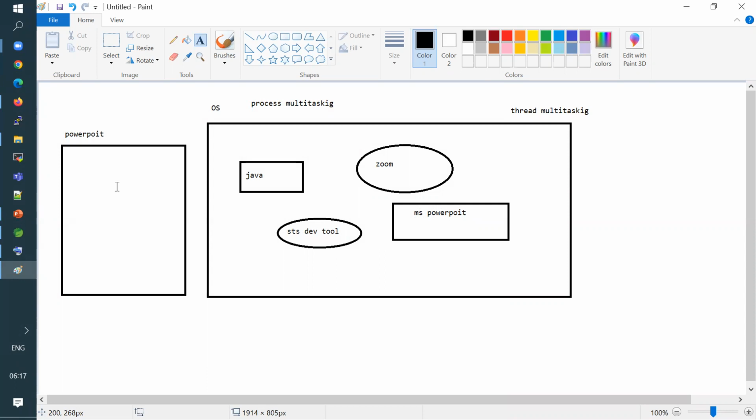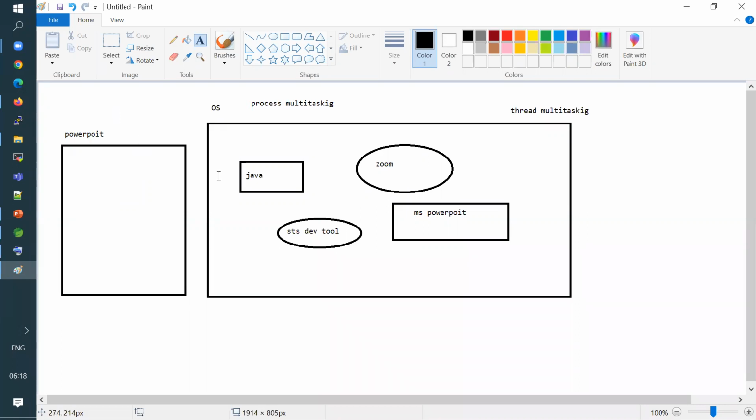If you take a single process, within that single process itself there can be multiple things happening, and we can definitely do those multiple tasks parallelly, at the same time. There also we can do multitasking. For example, we can play a video in PowerPoint and move the slides at the same time. Exactly, so we can do both at the same time.